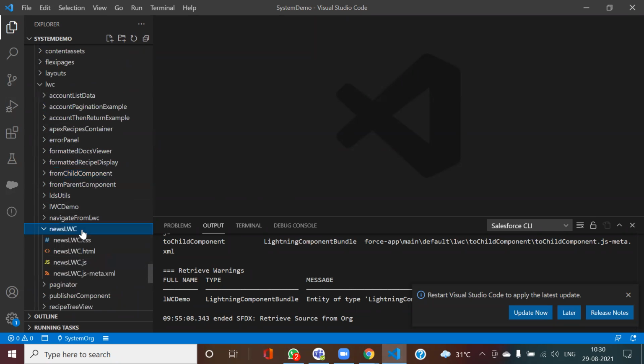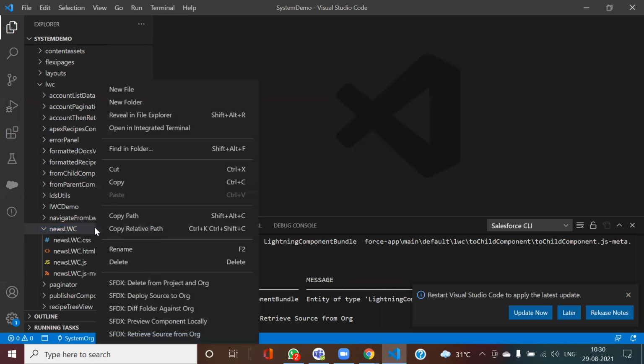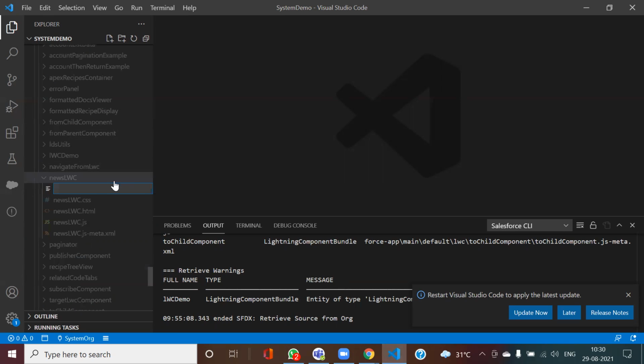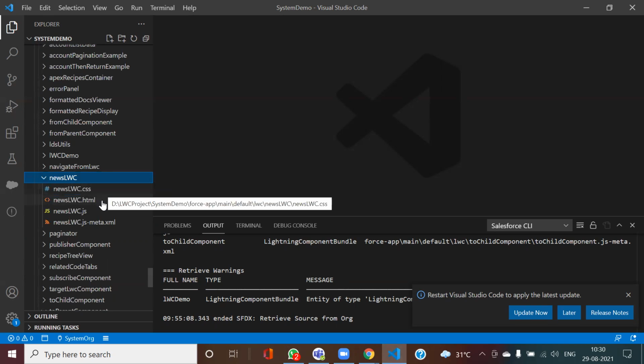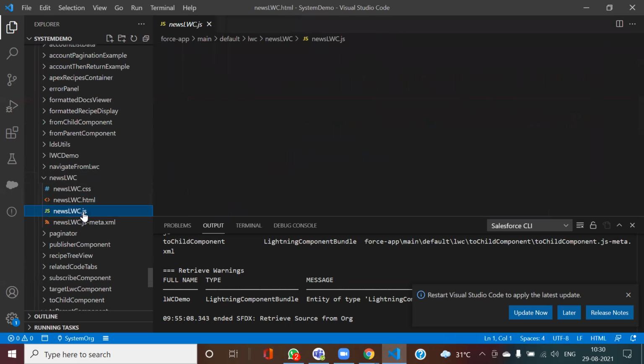Yeah, new LWC. One more thing to be noted here: if you see, these three tags come in between, HTML, JS, and CSS. In case I want to use CSS in my LWC, that can also be used. You just need to define the name of your CSS the same as your LWC name. Here, newsLWC.html, .js, you have similarly. In case I want to use it, you can do it like this: new file, just write this name with .css. So let us see how this has been done.